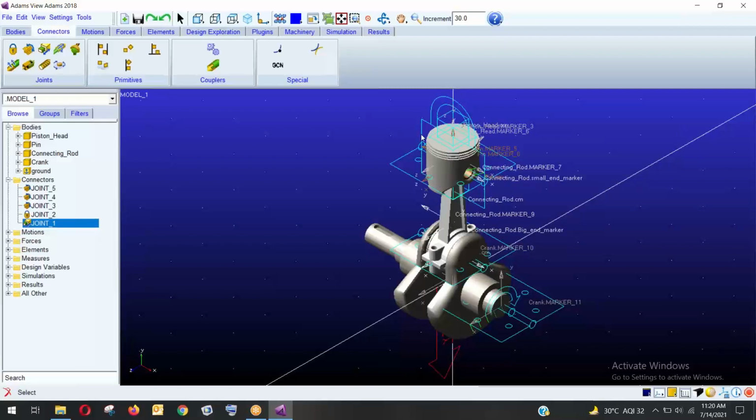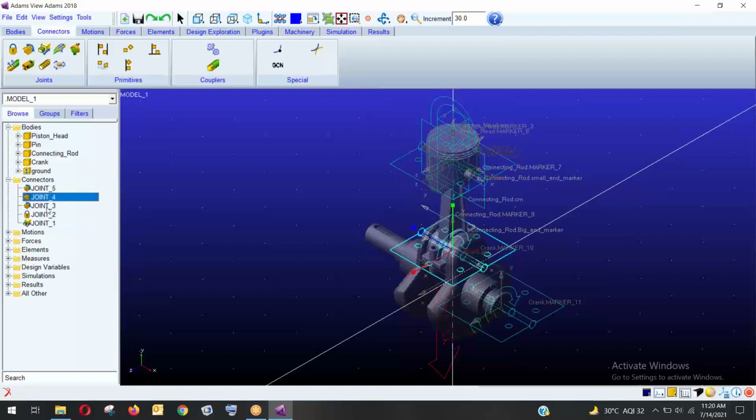You can see there is no other model available, like there are no other parts such as the cylinder bore. If there was a cylinder bore, there would be a translation joint between the piston head and the cylinder bore. As no other part is available, I will make it a translation joint with the ground. From our joints, there are 4 rotational joints, that is, the revolute joints I created in the crank